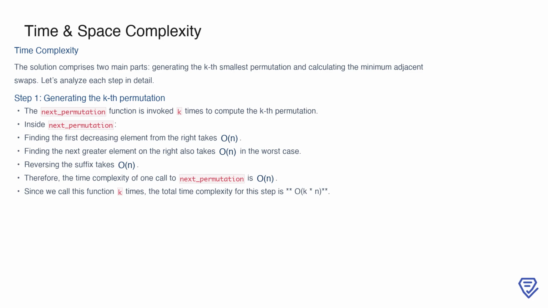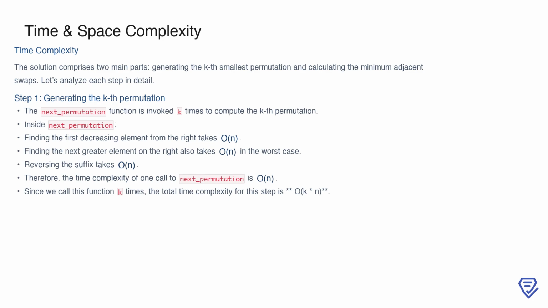Within each invocation of next_permutation, we perform three operations. Finding the first decreasing element from the right takes O(n), finding the next greater element on the right also takes O(n) in the worst case, and reversing the suffix requires O(n) as well. Together, each call to next_permutation has a time complexity of O(n). Since we repeat this process k times to compute the kth permutation, the total time complexity for this step becomes